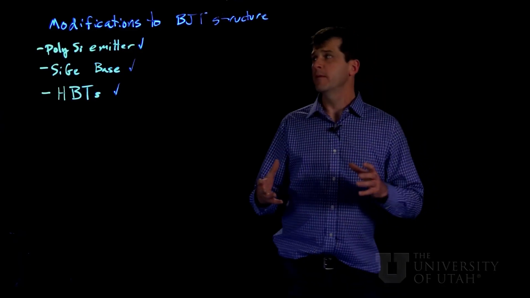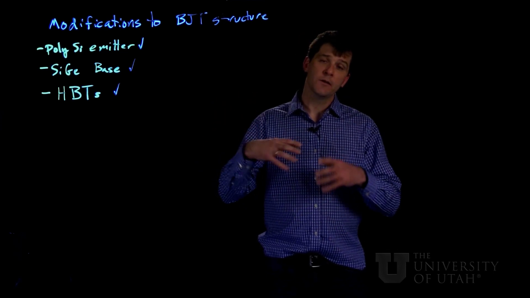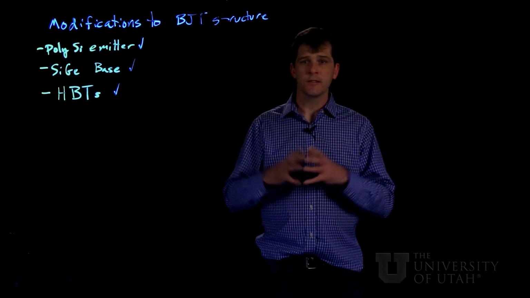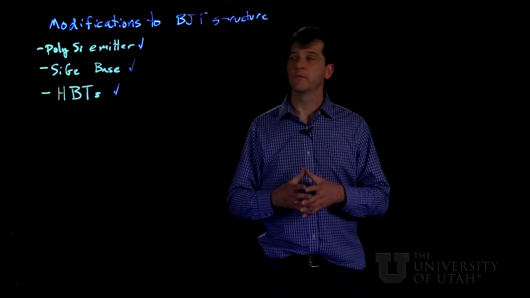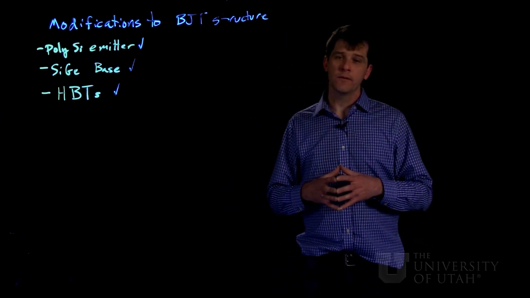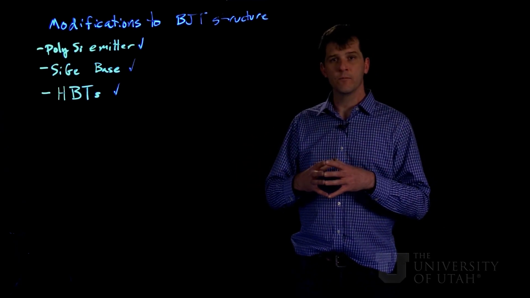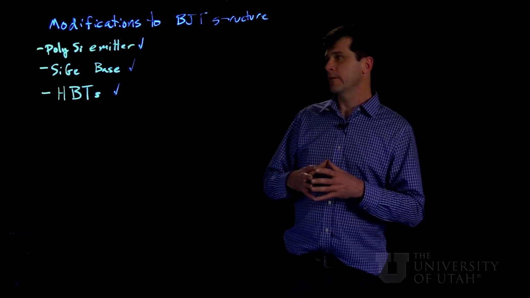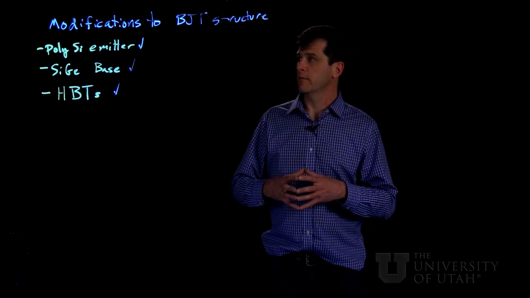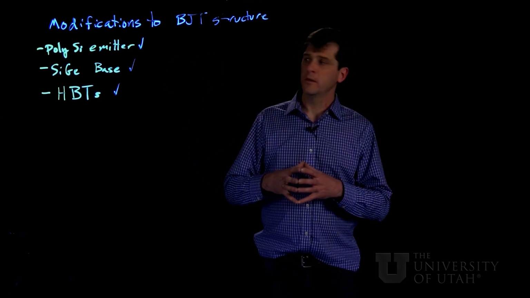Okay, so let's wrap up. In this section of the module, we've looked at some structural and design changes that can be made to BJTs in order to increase their performance. And these are not entirely obvious effects, but can be used to great effect in terms of increasing the gains of the transistors. So the polysilicon emitter,